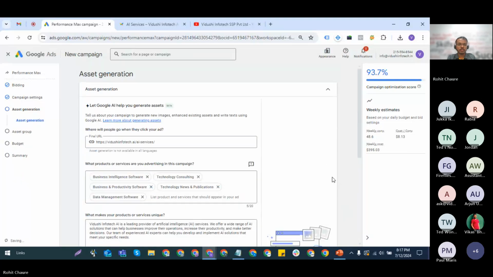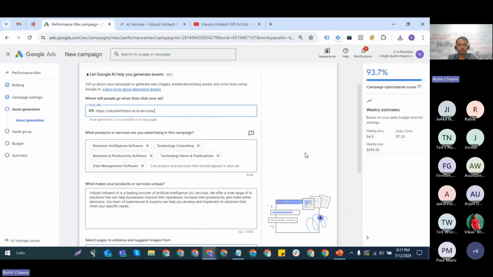Next. Now here is the important part, wherein the AI kicks in, that is, generating assets using AI from the website homepage. If you remember, at the initial step we had added a final URL. That final URL